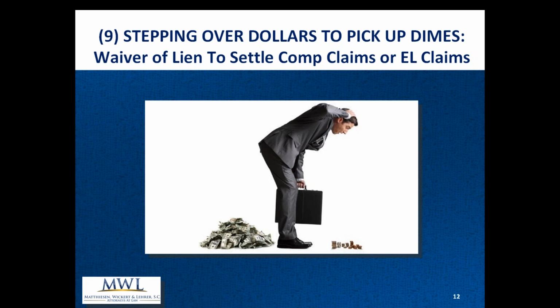It might be a state in which they allow an EL claim to be brought against the employer. It may be a case in which you have a large reserve on your comp claim and you are interested in waiving your subrogation rights in order to close out a comp claim or do a dollar contract in California or a CSA in states that allow it. There's nothing wrong with this. The right choice is the choice that derives the most benefit for us, the carrier, as well as our insured.